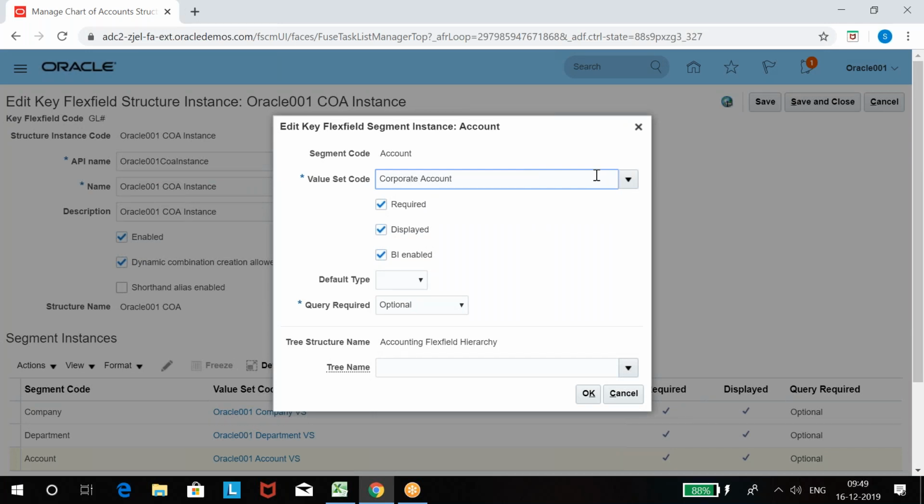Done. So what I did was remove the value set I created, and I'm using the corporate account value set where all accounts are predefined. Now I can see predefined accounts with my segment also.